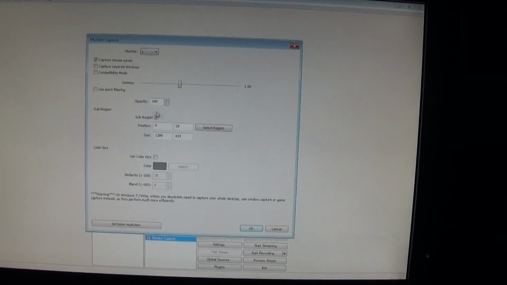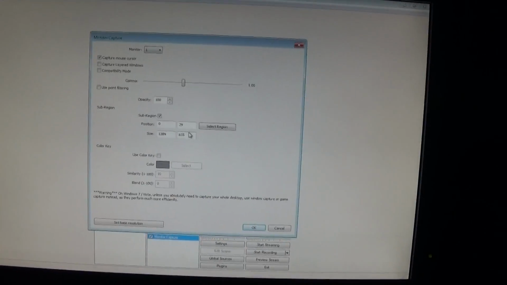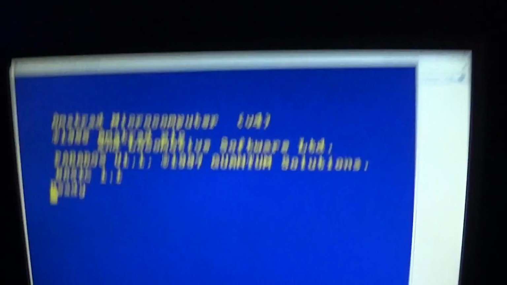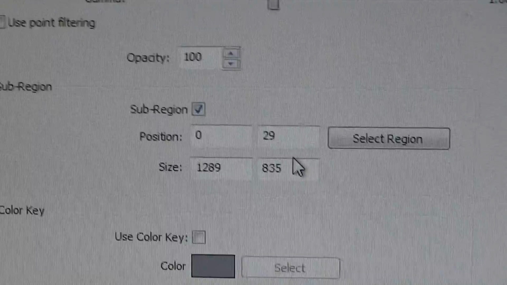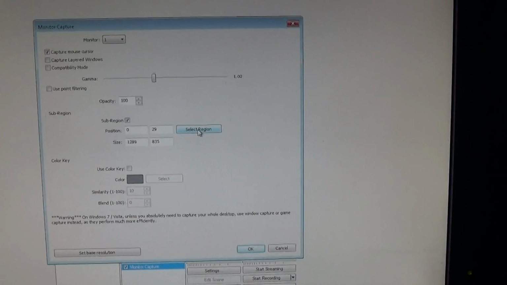So it's set to monitor 1, which is what it is. Capture the mouse cursor, probably not necessary. Gamma, sub-region. On my main screen, because I've lost my taskbar and, obviously, because the Amstrad monitor isn't the same resolution, I've used this sub-region section to highlight and only show the screen that the Amstrad is currently showing. If I select region, as you can see,